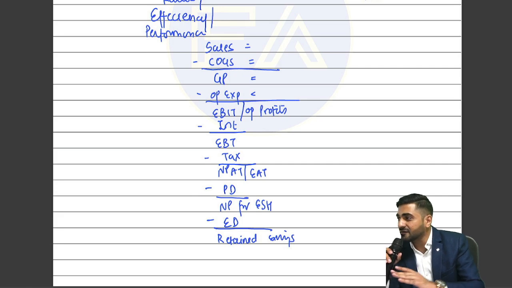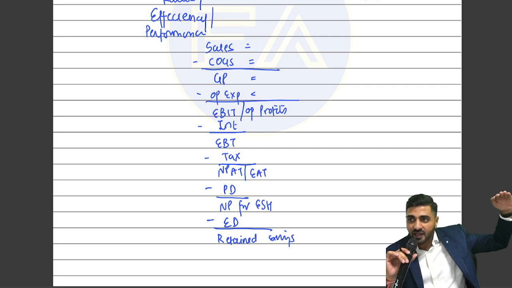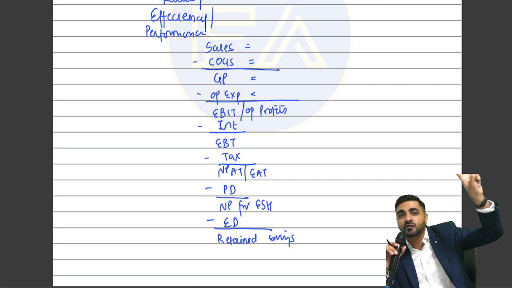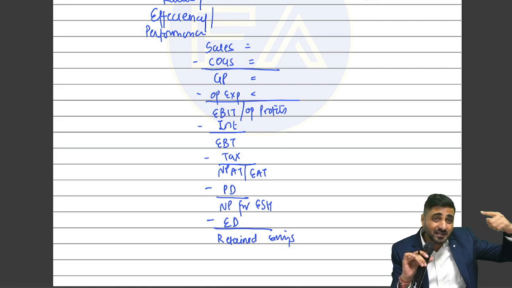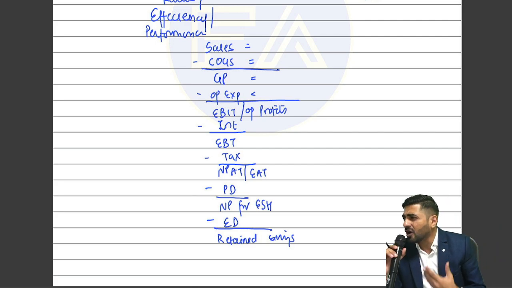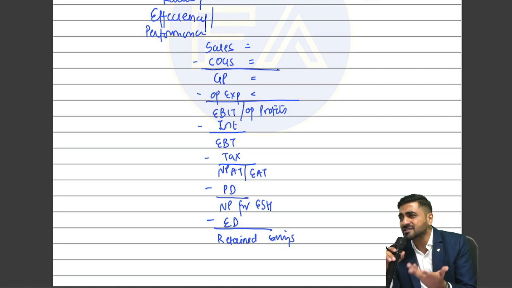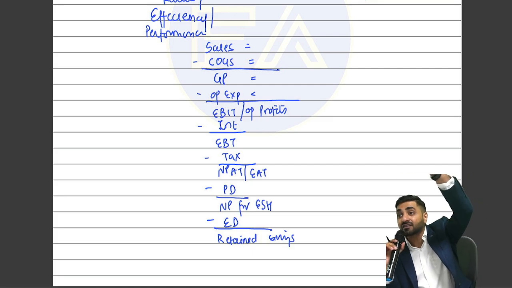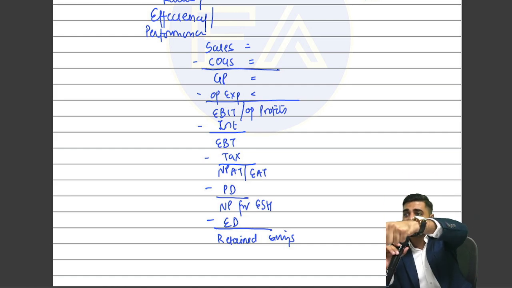Suppose Divya started Divya Industries Limited, and she has invested 10 lakh rupees in it, and Divya earned a profit of 2 lakh rupees. What is the percentage of return she has earned on her investment? 20%, very easy, common sense question. 10 lakh rupees invested, profit of 2 lakhs. So can I say her return is nothing but 20%? Yes, her returns are 20%.